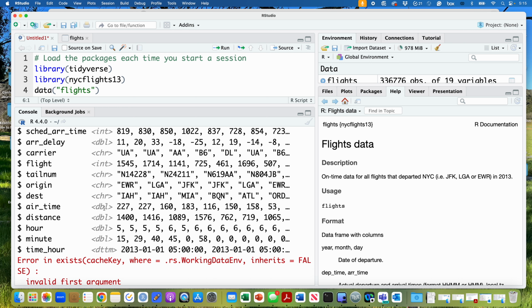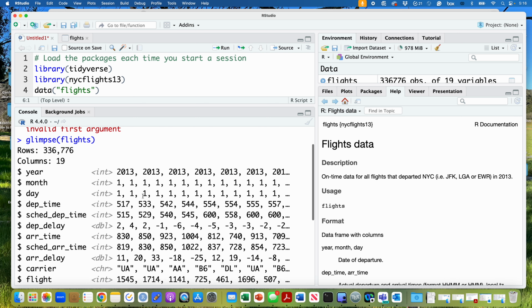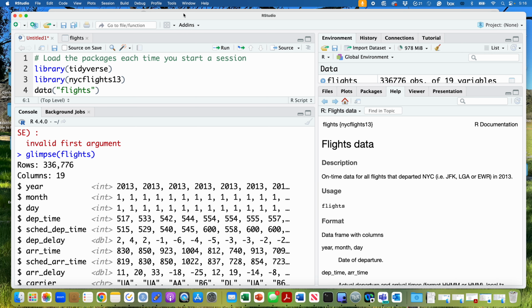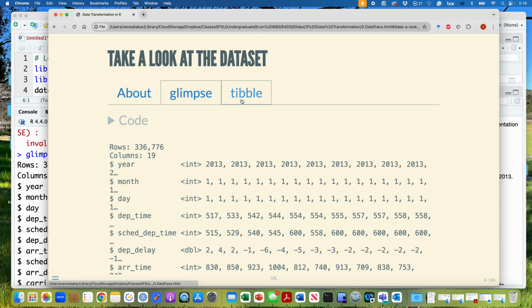And we have airtime, distance, hour, etc. These are all double. And we can see time_hour is sort of a date-time type, okay? So anyway, this is good enough information for us for now. And let's go back and try to see,